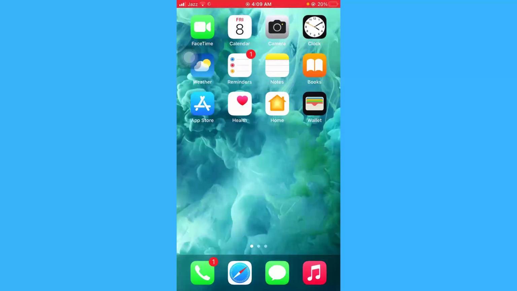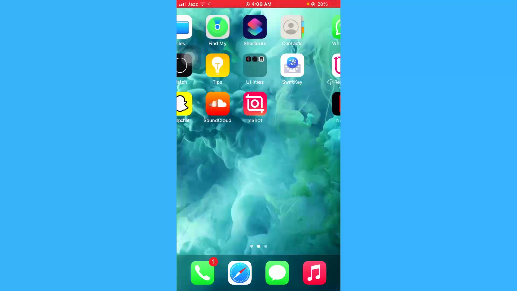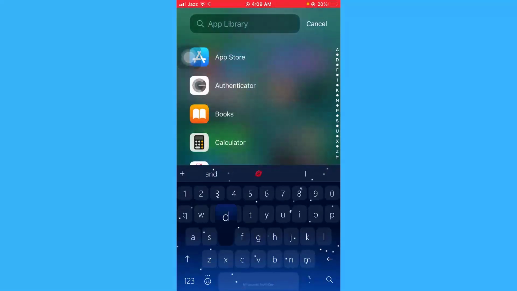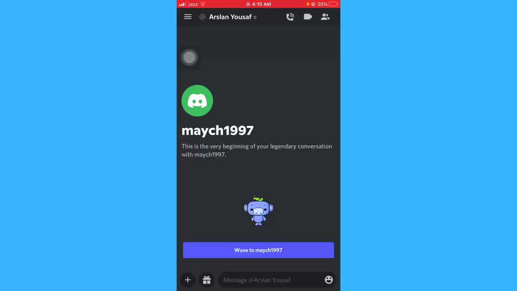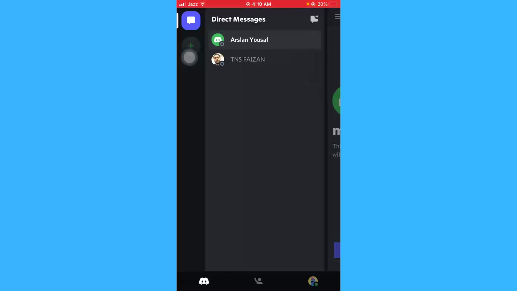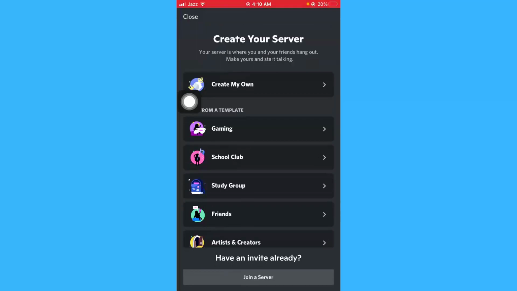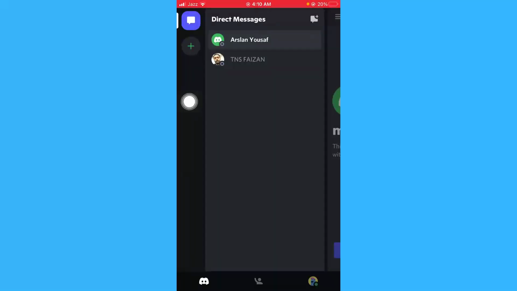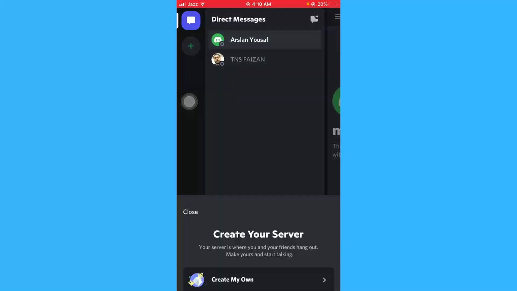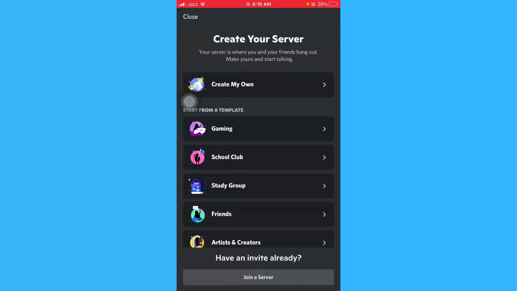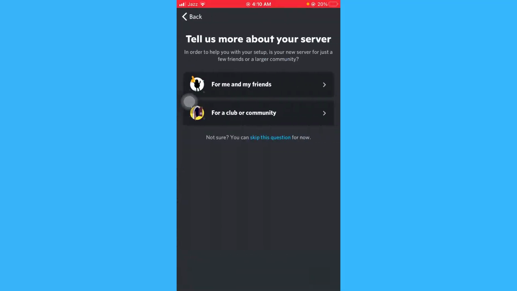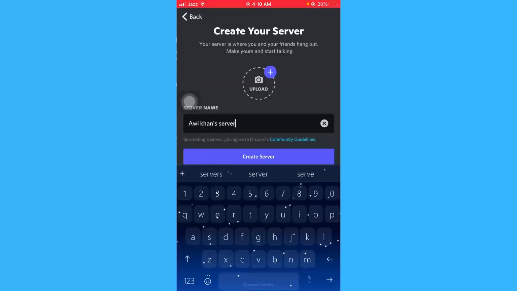Just open your Discord app. From here you will just have to create a server if you don't have any. For that, just click on this plus icon, create my own, skip this question, give your server a name and a picture, create server,